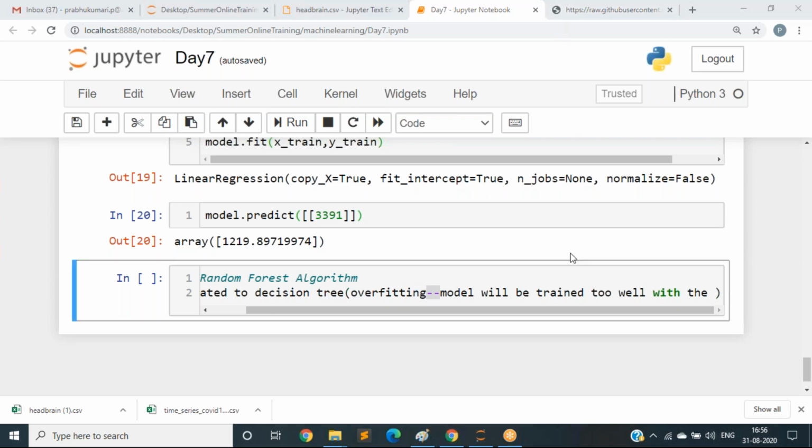That is the disadvantage in the decision tree that will be overcome in the random forest algorithm.